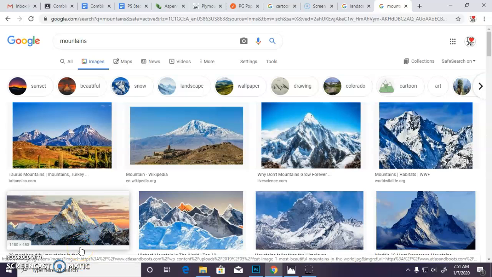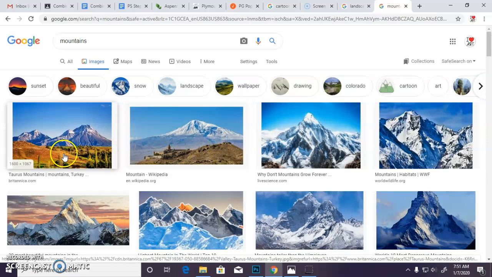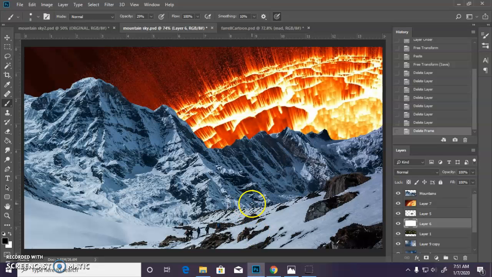So think about either adding a foreground if yours is missing, or of course you can just start over with an image that actually will work. Again, this is a good foreground because we can walk in. All right, so I have my strong foreground, middle ground, and background, and now I'm going to start to create my GIF. So the way you do that is you are going to first figure out which sky layers